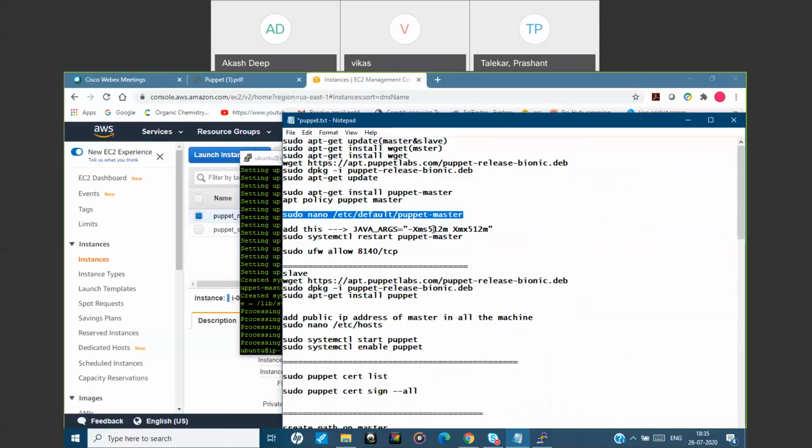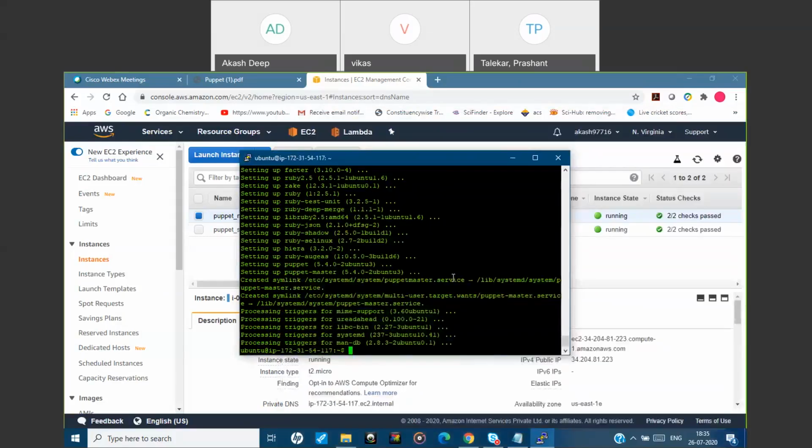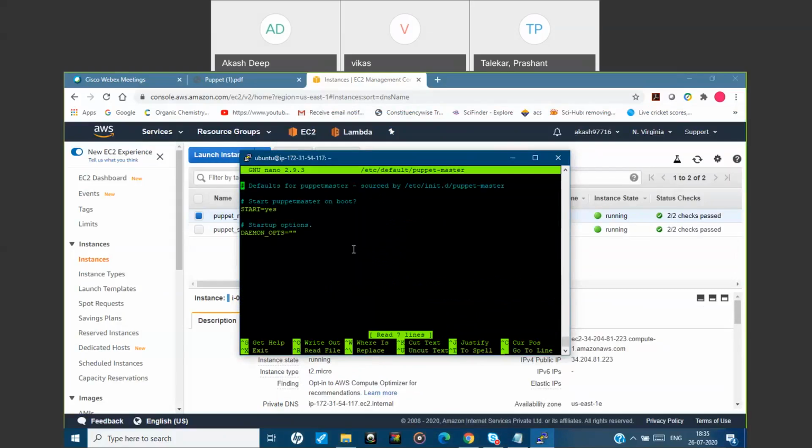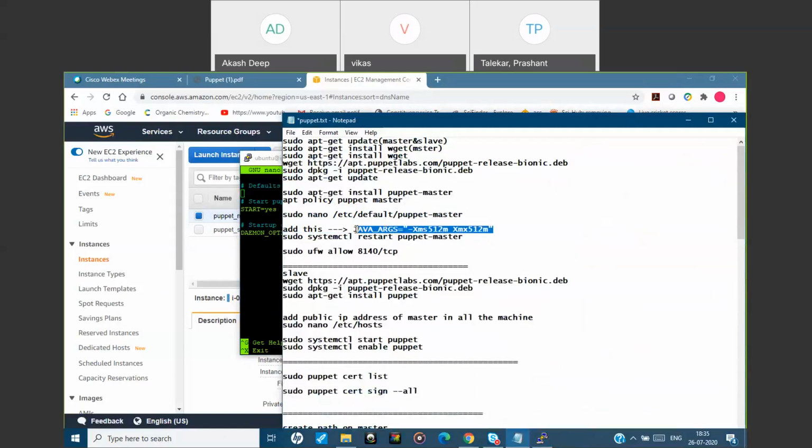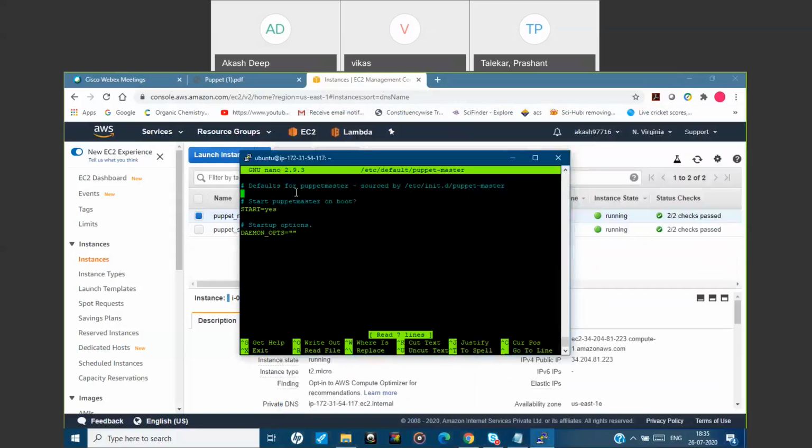This argument states that by default Puppet will take 1 GB of memory. But in our case we are not dealing with multiple loads, and our instance itself is 1 GB, it's a t2.nano. So we'll change this argument under this location, so that it will take just 512 MB of the space.